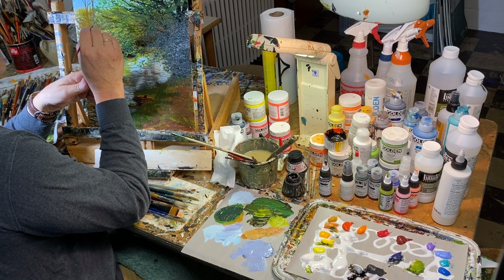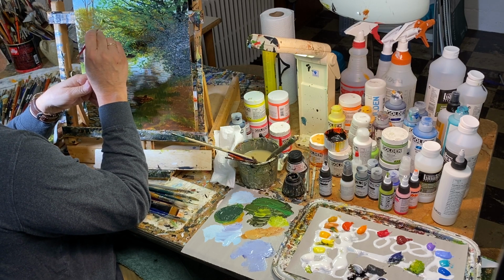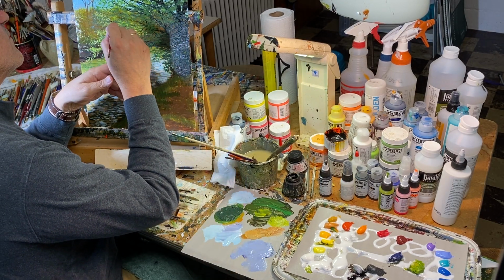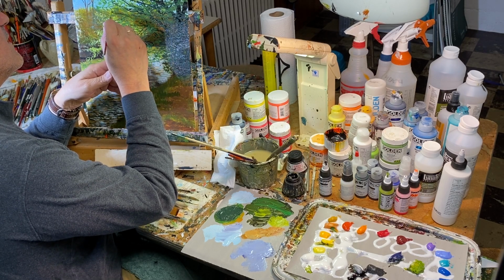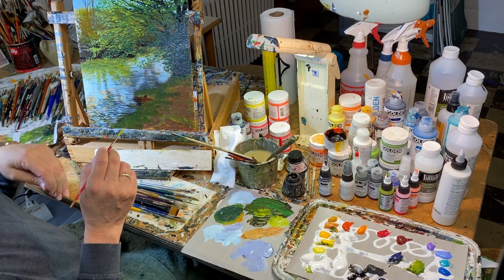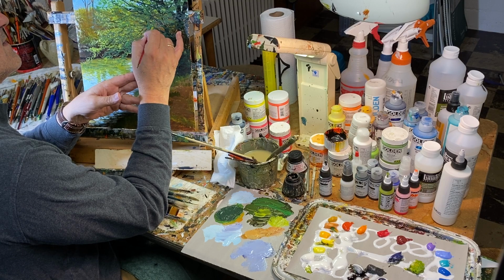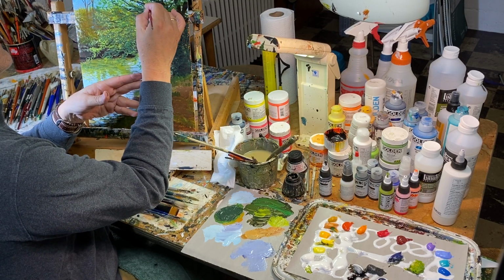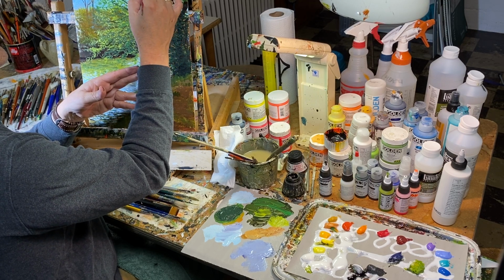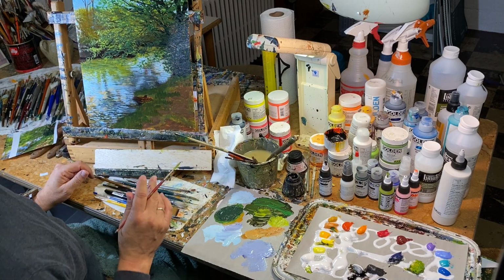So now I'm taking some in the back, and I'm actually taking a different direction, as though you're looking at a branch that has foliage going up, or right here you're seeing a branch closest to us where that is sort of going down. I did a little bit of that there. And there's just places where I can see little lights that flex through. And there's other places at the very end where there's going to be lights at the branches coming closest to us, where they're picking out some light too. But for now, oops, okay. So I might say for now, if you get it to sort of that kind of a place,